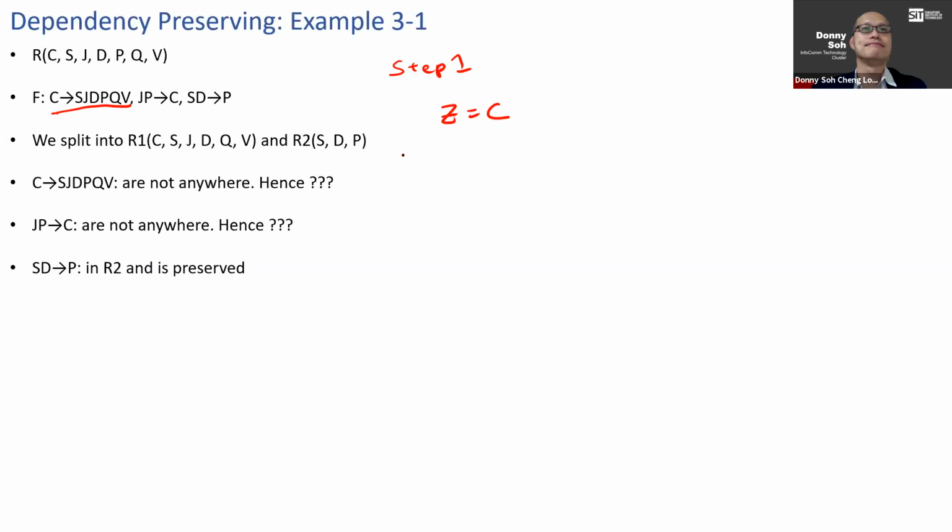Step 2, we intersect it with R1, and this we get equals to C. Step 3, we find the closure, which is CSJDPQV. CSJDP, yeah, this is the primary key, yeah. So everything. So step 4,